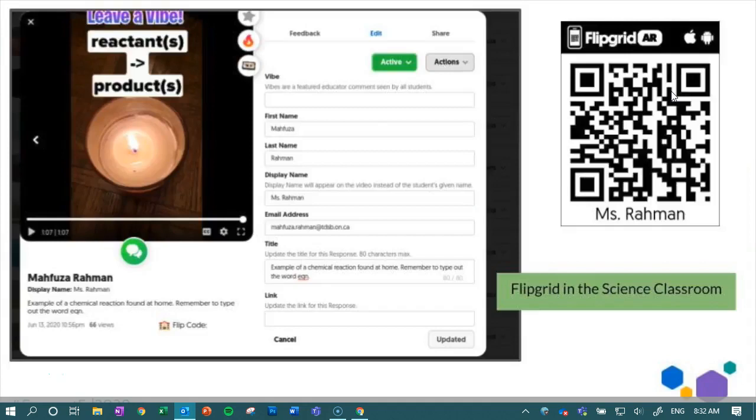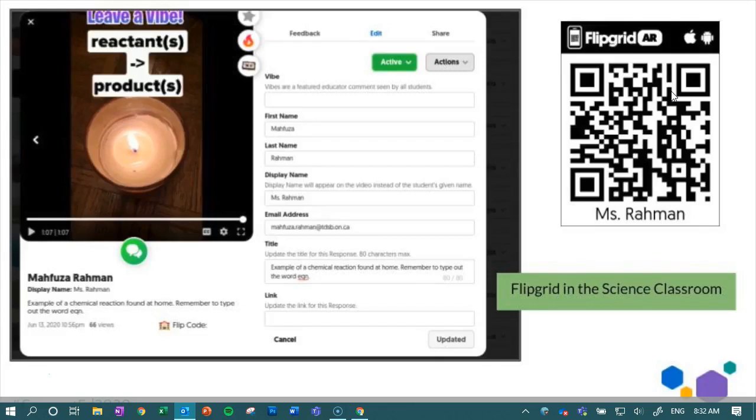So this app is still relatively new to my students, and in all honesty, to me too. I'm probably a little bit ahead of them. And they being uncertain about the task at hand, meaning what does she mean by hunting for a chemical reaction, I created an example of a chemical reaction which I found at my house. I modeled what I wanted them to share with me to see whether they understood the concepts that we had just learned. Something that I needed to be more explicit about.